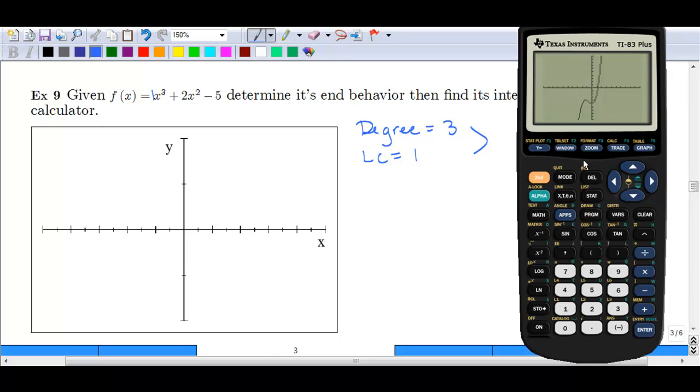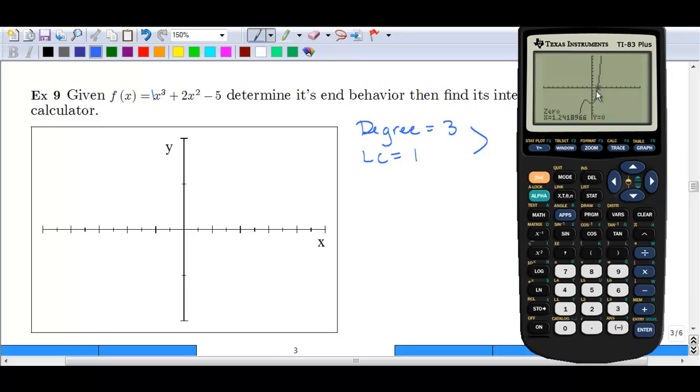Now if we want to find this point, we're going to go to second and then calc here. We're going to go to the second option, 0. And what we're going to do is give it some bounds. When it asks for the left bound, that wants to be a little bit to the left. In this case, that's below. So we'll hit enter. And then it wants a right bound, so we'll go a little bit above the function in this case. And then it wants a guess, so we'll move back down to close to where it was, and we hit enter. And it tells us we have a 0 at